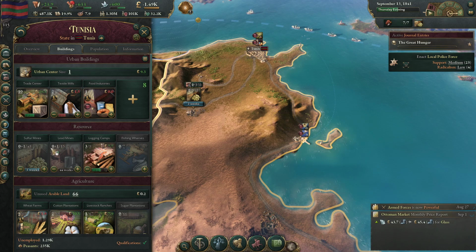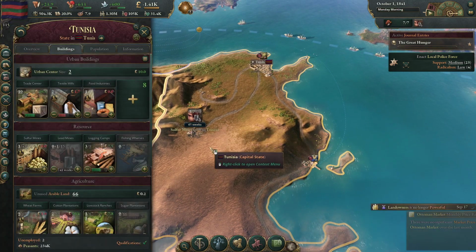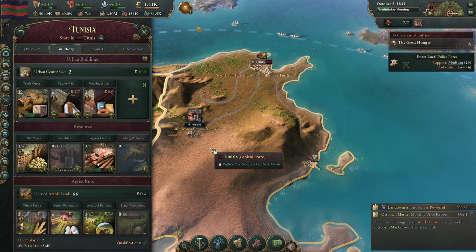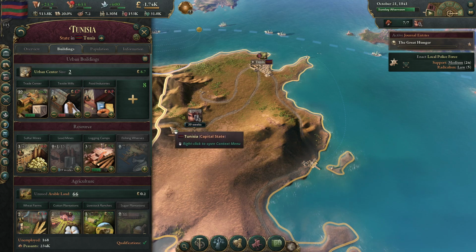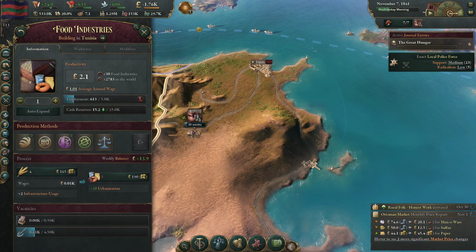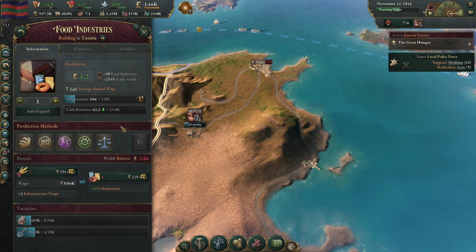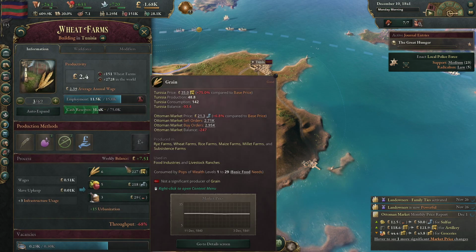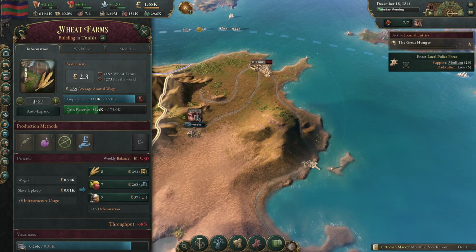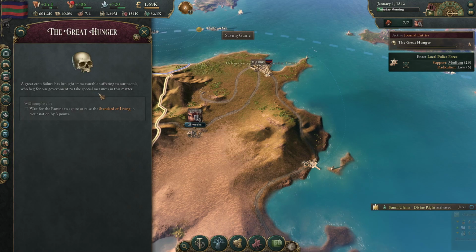But we're about to get our sulfur mines up and then our lead, so I don't think they'll make too much money. I don't think there's very much demand for sulfur or lead. But we can create our own demand, of course. Our two buildings are doing just god-awful right now. And obviously the food industry doing awful makes sense, right? Because if we look at our wheat farms, we're producing, like, no food. So hopefully the Great Hunger...